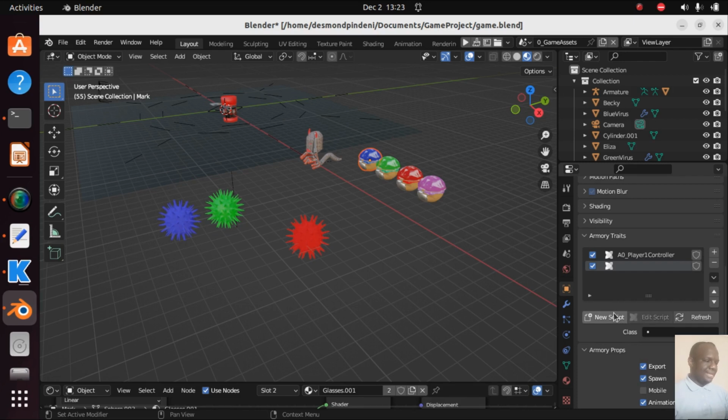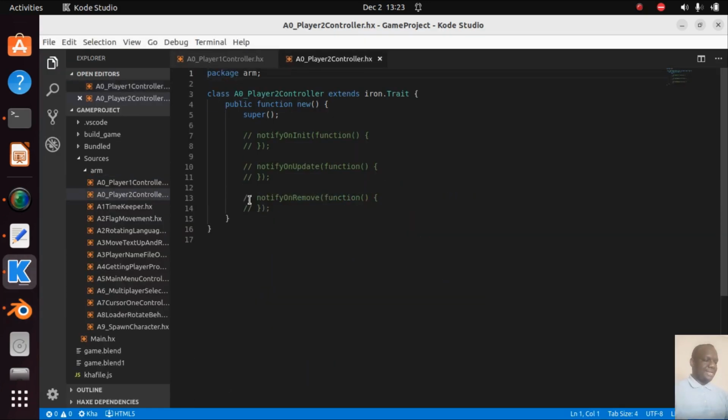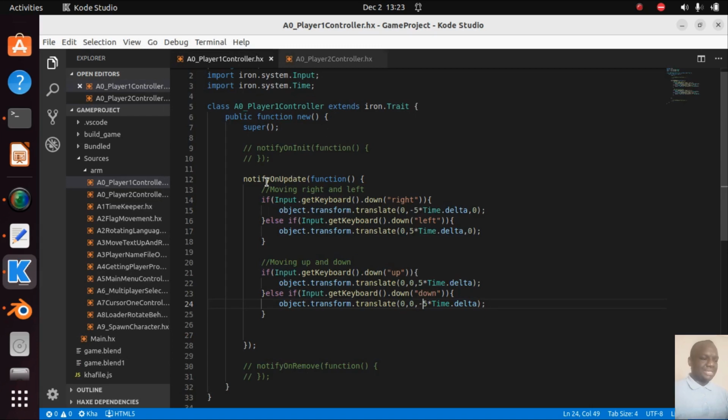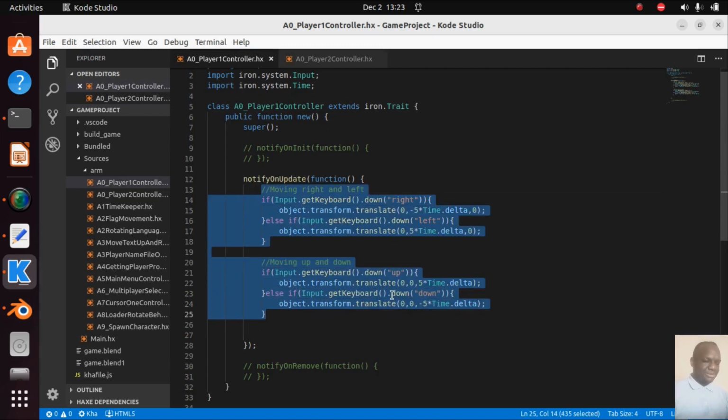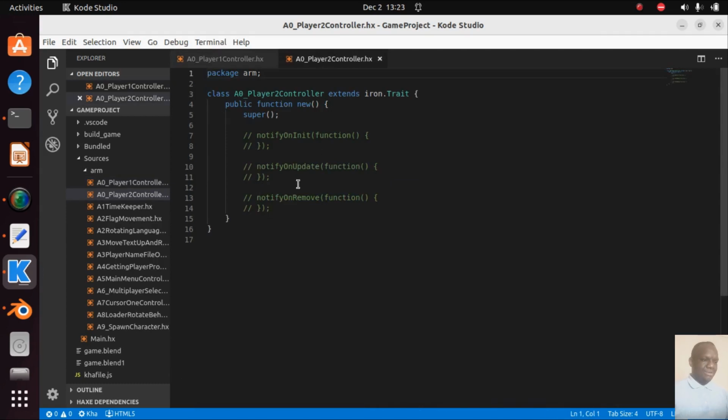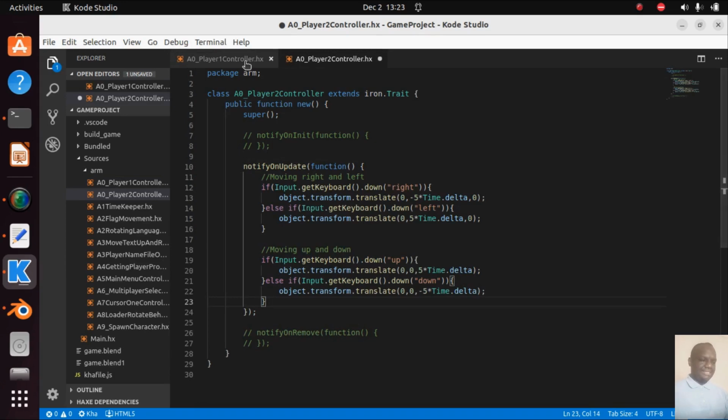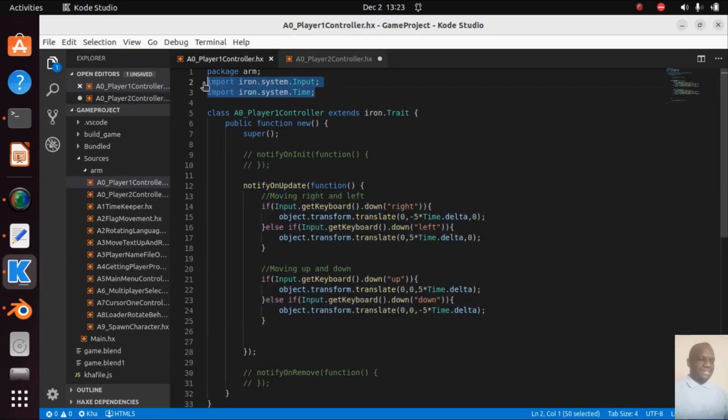It's a hex, and then I'm going to add a new one, and we are going to name it A0 again, player 2 controller, and then press OK. Now then I'm going to press edit. So now my work is easier because using the lazy programming, I'm just going to copy this notify on update onto the player 2. So I want comment here and just copy. What did we import? Okay, we just copy what we imported